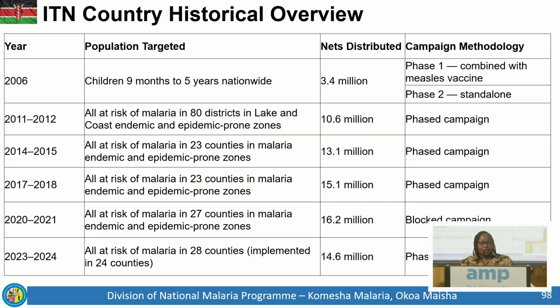So this is the country historical overview. A campaign in 2006 was a phased campaign with measles, and then we had the next campaign, which was also a phased campaign, and then every 3 years we did that. And then the change with the country was in the 2023-2024 campaign, where we actually had a fully